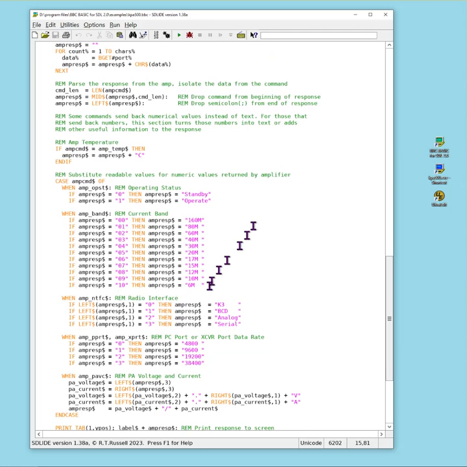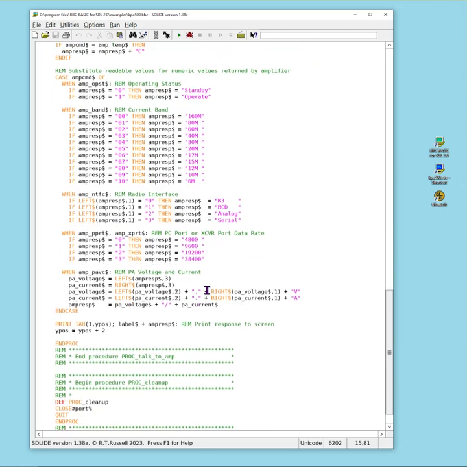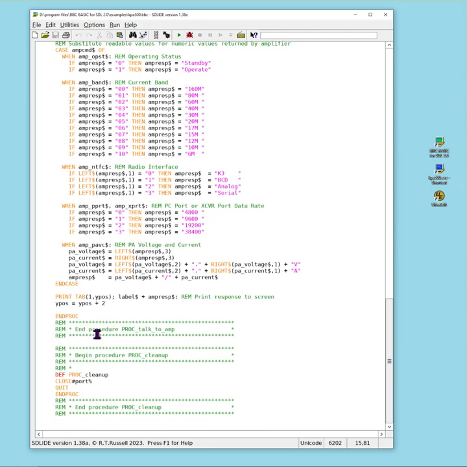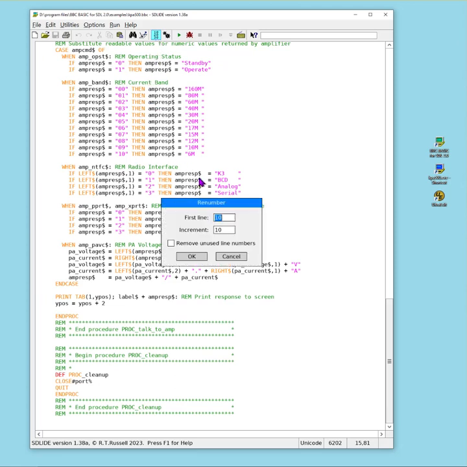And then we end this procedure, and then here's the procedure that we go to when we close the program. We simply close the port and we quit. So that's it. And this program is, I'll add some line numbers just so we can count